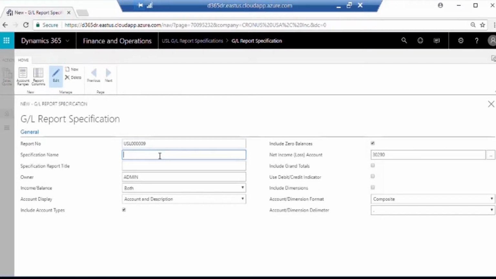The specification name is a unique descriptor of this report. Report title is what will appear across the top of your printed report. The owner is your ID based on your Dynamics 365 login. Income or balance defines the type of report we want: income statement, balance sheet, or one that combines the properties